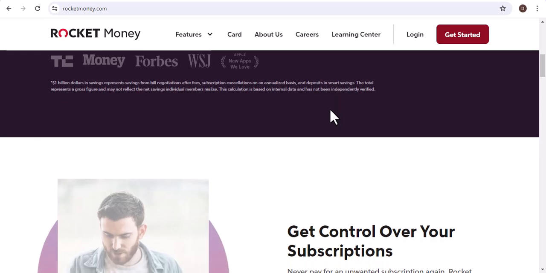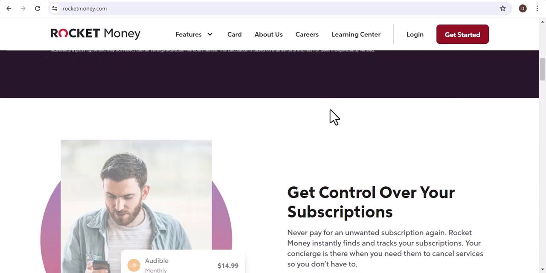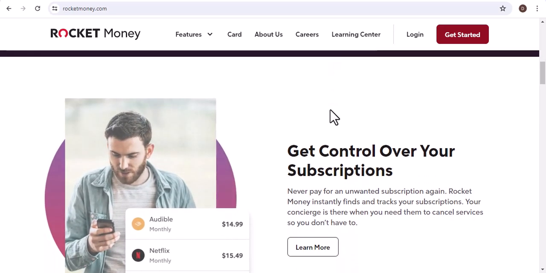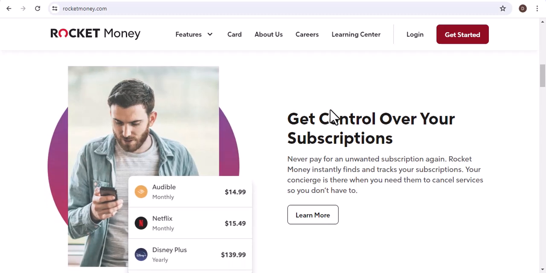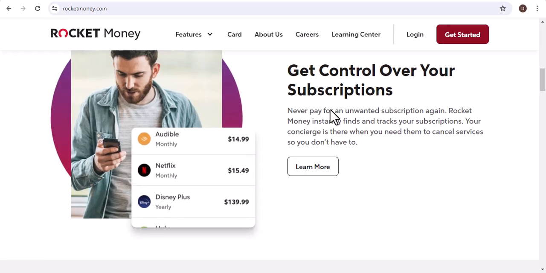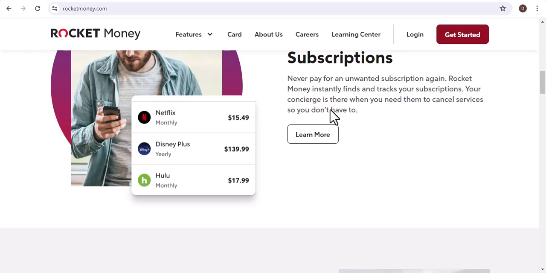Why delete your account? There are several reasons why someone might want to delete their Rocket account. Here are a few of the most common. Privacy concerns. Some people may be concerned about the amount of data Rocket collects and how it's used. No longer needed. If you've found a better alternative or simply don't use Rocket anymore, deleting your account may be